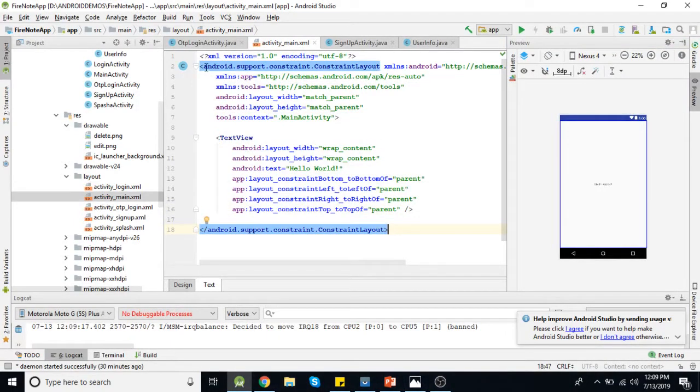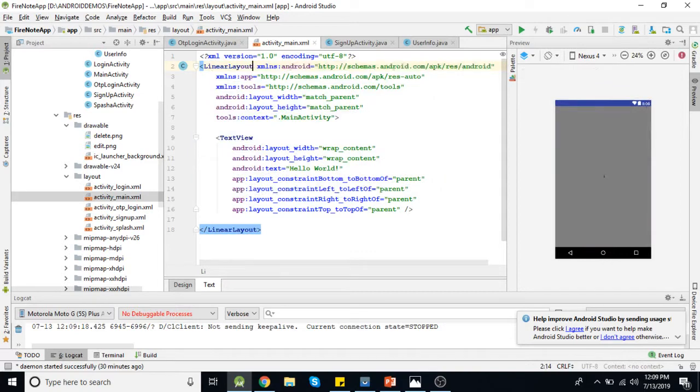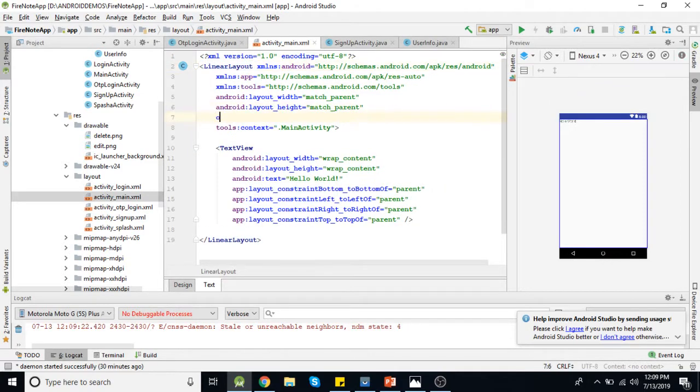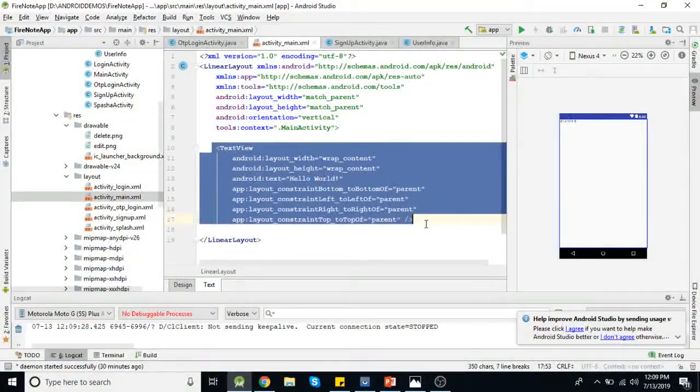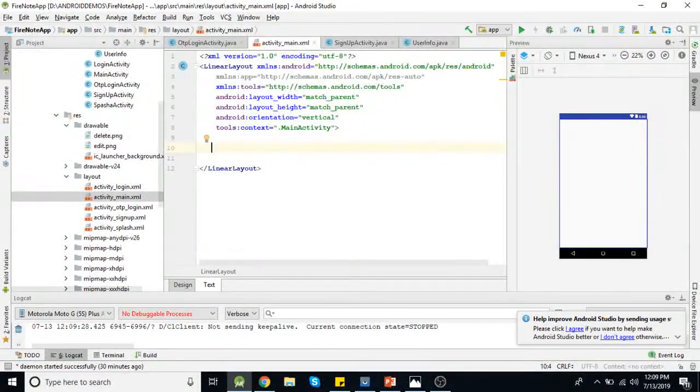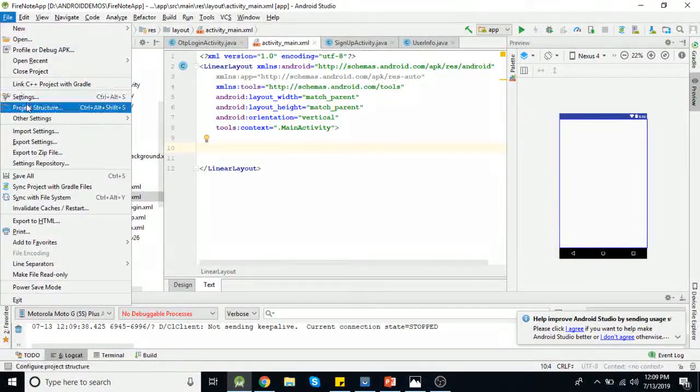So first I'm changing this root layout as a linear layout, then its orientation will be vertical, and I'm removing this text view. We need to use that floating action button, so we need some dependencies. I'm adding those dependencies here.